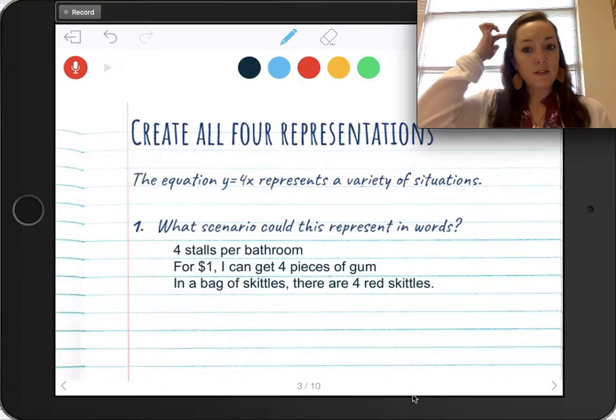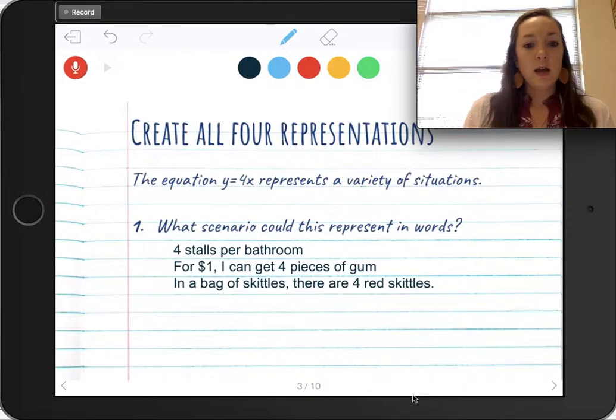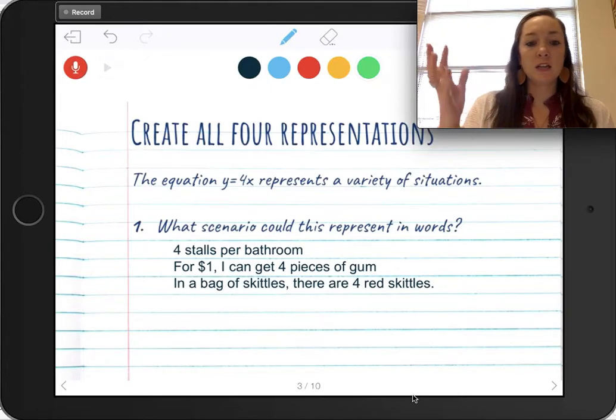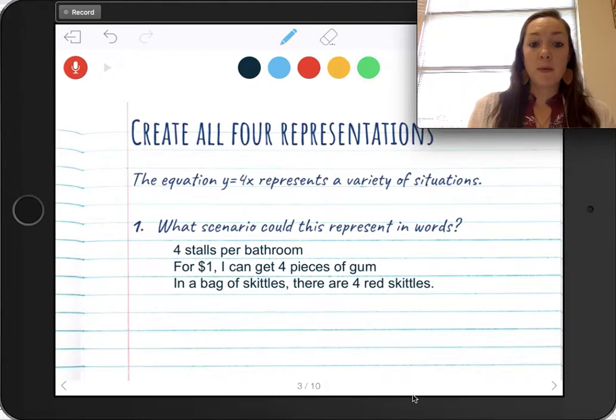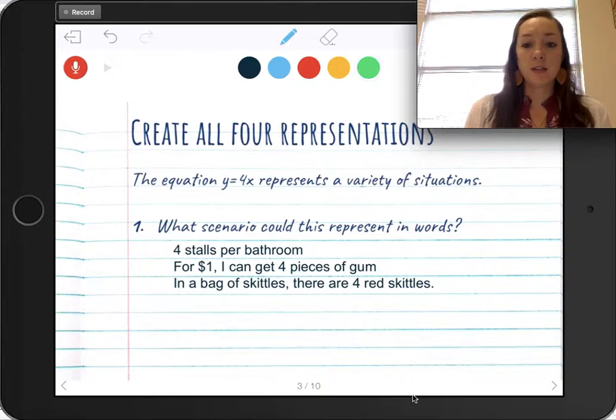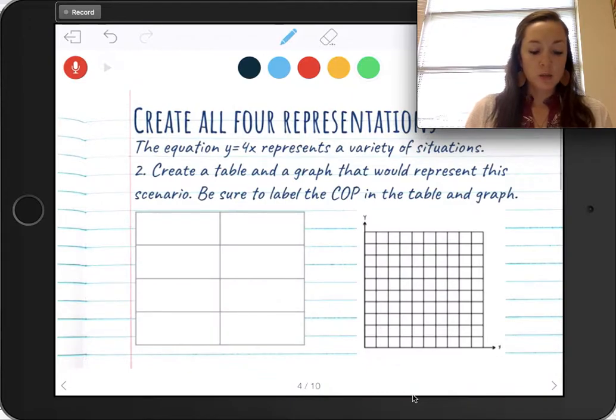So what I've done is I've added a few for you. You could add 1,000. There could be a million different things, but just whatever. Thinking at school, there's 4 stalls in a bathroom, 4 stalls per bathroom. For $1, I can get 4 pieces of gum. Or in a bag of Skittles, there are 4 red Skittles. Those are all representations. So we're going to take this equation and we're going to create a table and a